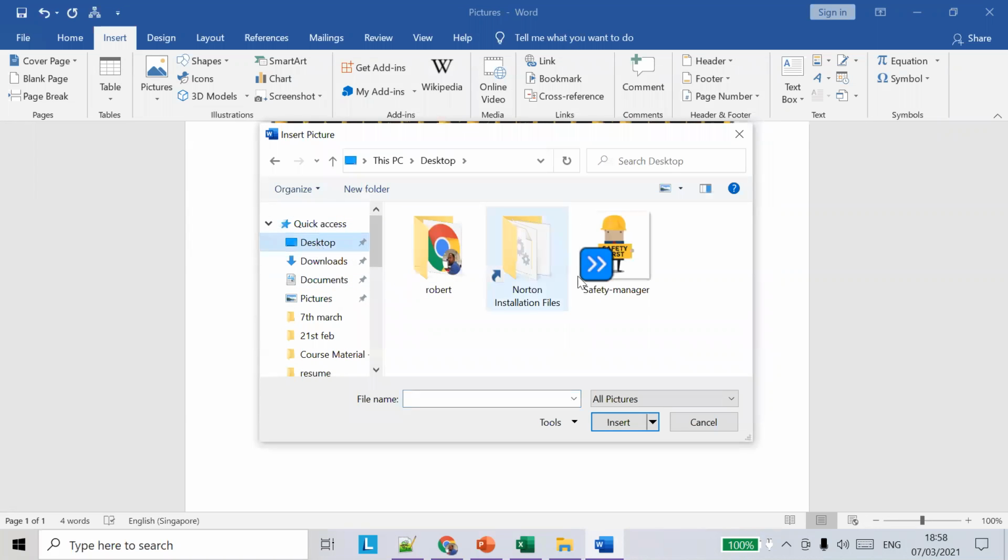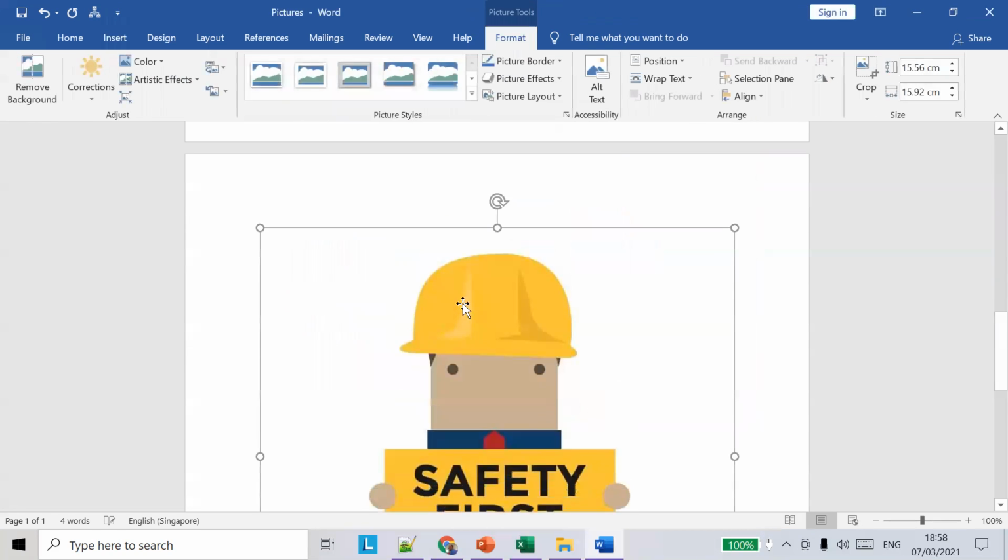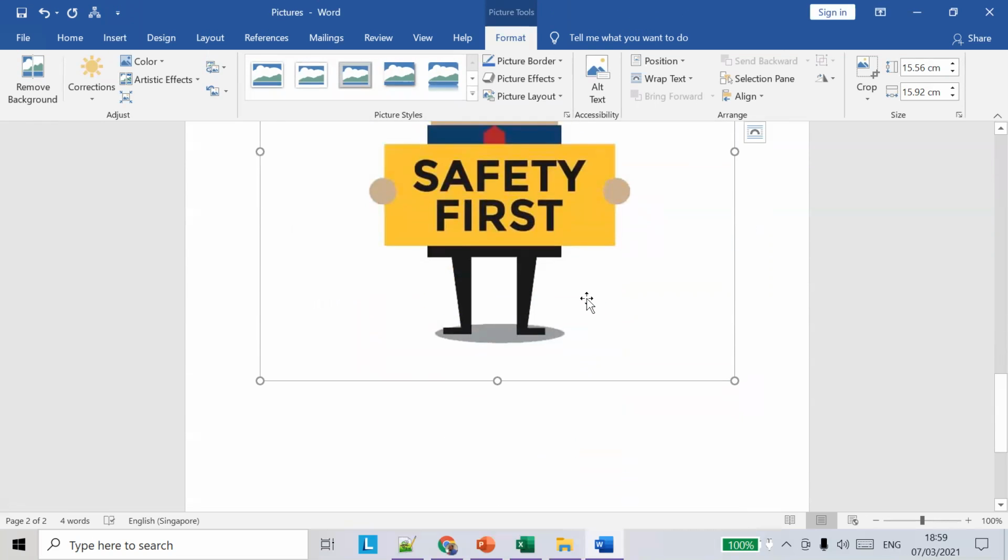So click on it, and you should see our picture here, right? Select the picture and click insert. You will have your picture added here. So this is how you add a picture from your own computer. So we have seen both the ways of adding the picture. So any doubts in this?